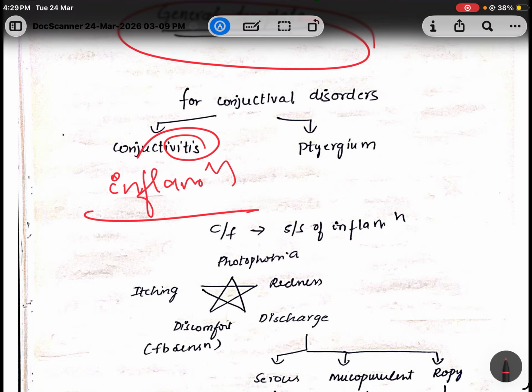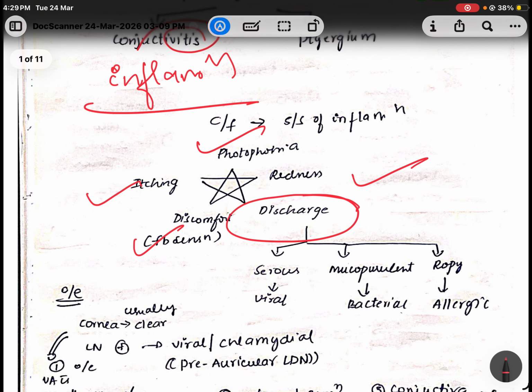So again, redness, discomfort or itching, photophobia, all these are signs of inflammation: pallor, rubor, tumor, all those things. That, in ophthalmology, is what I have written in here. Okay, 5 and 5. One more important thing about discharge, I would like to further classify it,